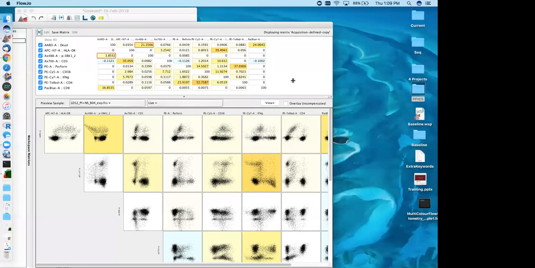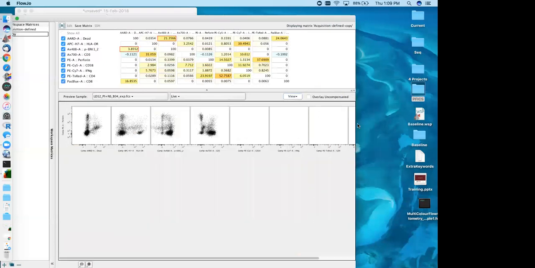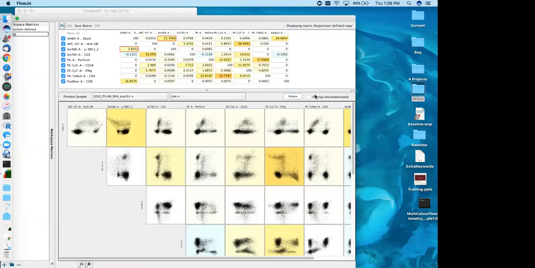The last control in here I'll point out is the view. And so you have the ability to zoom in and focus on one particular parameter. You have the ability to look at histograms, but I really do like the end-by-end view. Which I should point out as well, carries over the heat map colors from the top to the bottom, so you can examine the parameters that may have more issues with spillover to see if you're going to be able to resolve your populations here. Okay, so if you've already compensated,